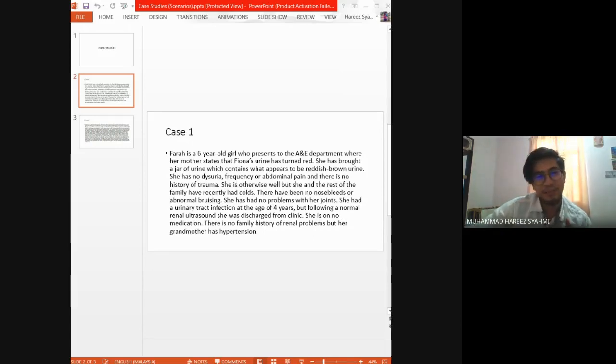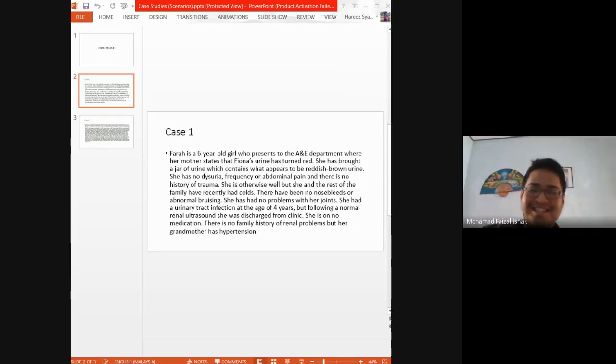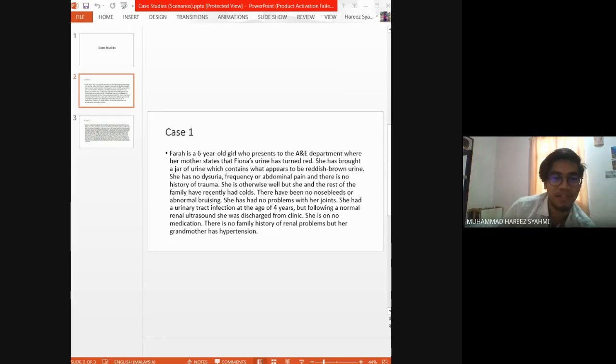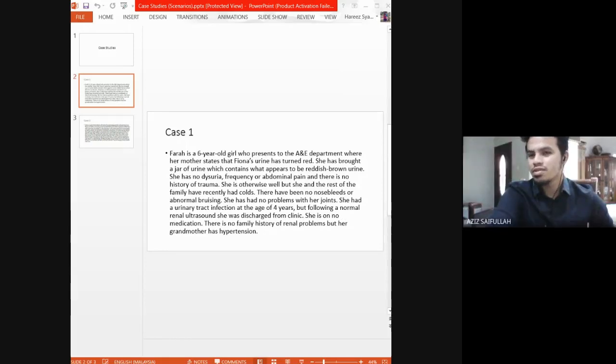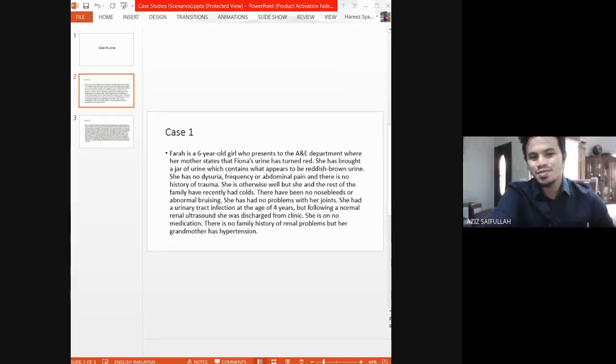What is the other question, especially for a girl at this age? Specific for the girl, what is the other differential diagnosis? SLE, lupus nephritis. Menses would be very early though. So yes, menstruation. We can ask, but what is it called if a girl at this age has menstruation? Yes, precocious puberty.